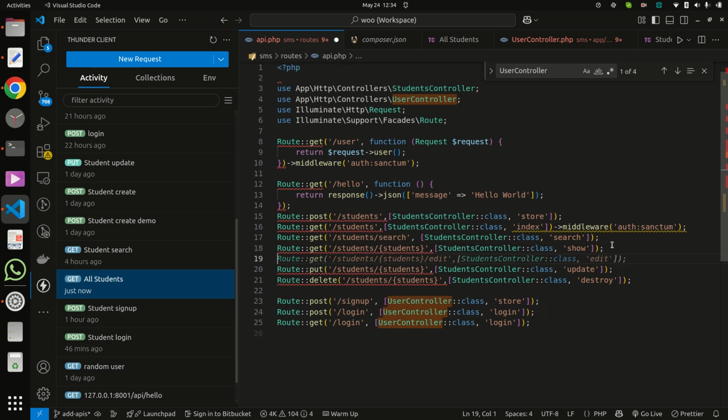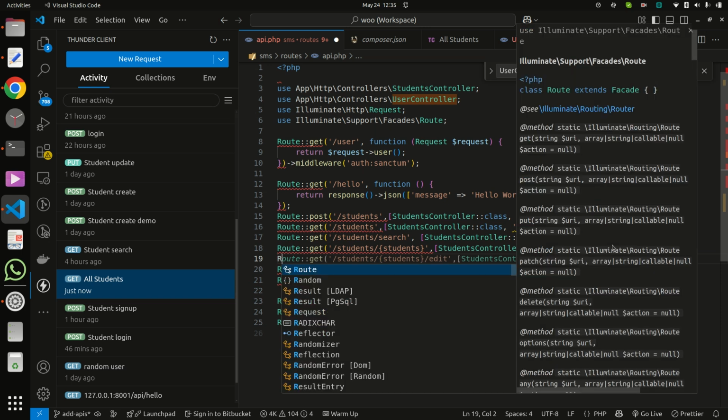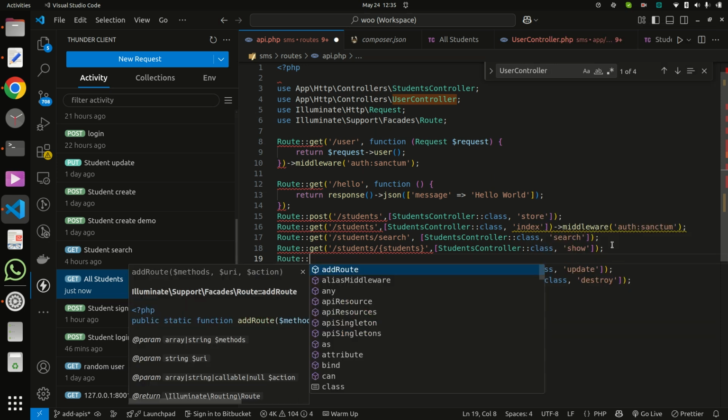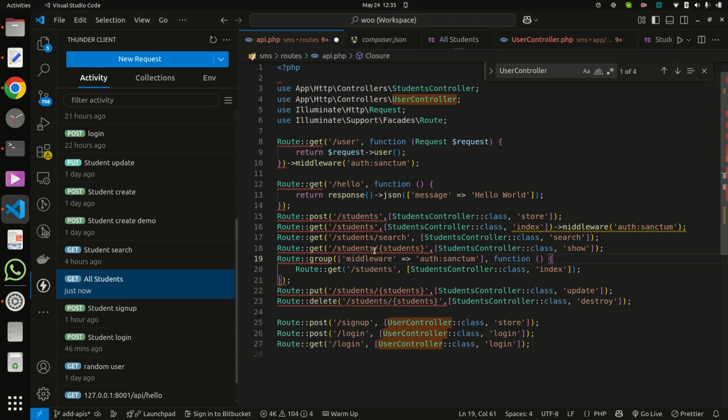Like via this method, Route group, and the middleware name auth:sanctum, and here I pass the routes. Like I want the index route here.